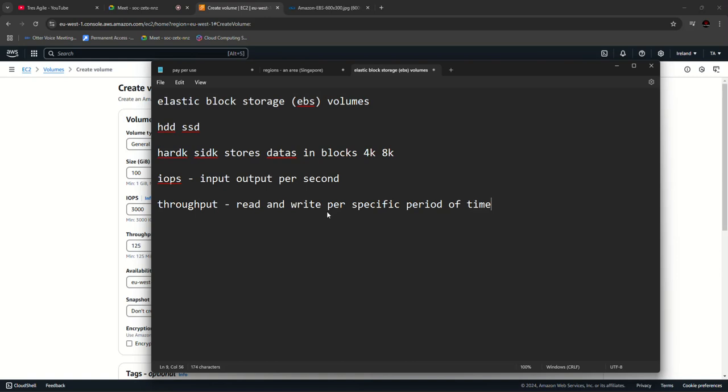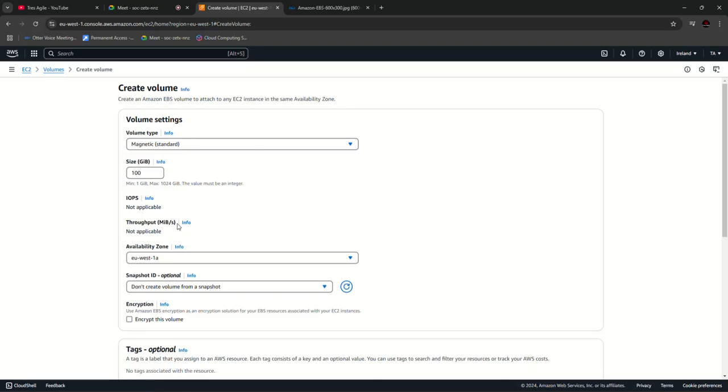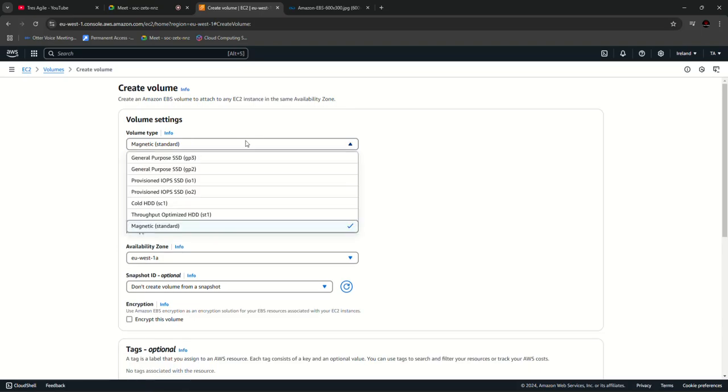The basic thing, let me tell you first, let's forget about all these things. The magnetic standard is the old generation volume. Mostly we don't use this one because it comes with very low performance, so we don't generally work on it. But why is it still there? Because